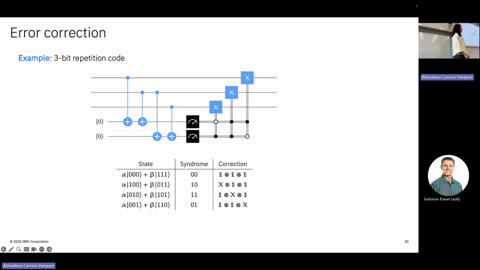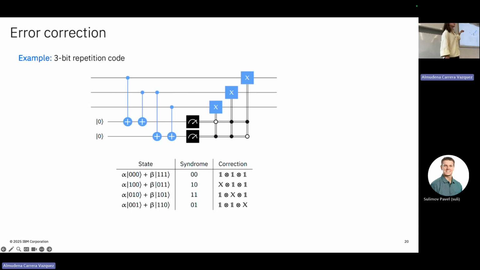So this is why we say that fault tolerance computing has a lot of overhead. Just imagine that this scales a lot more, because we have a more complicated code doing a lot more things in the background, and this was just to keep the memory alive. But then if you want to implement a CNOT gate, for example, you will have to do more things. So that's why it's a big research question how to do this in practice.